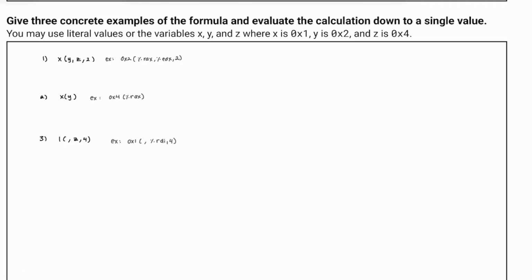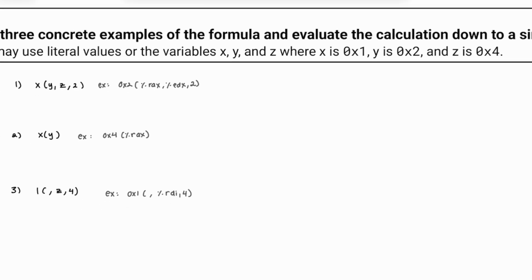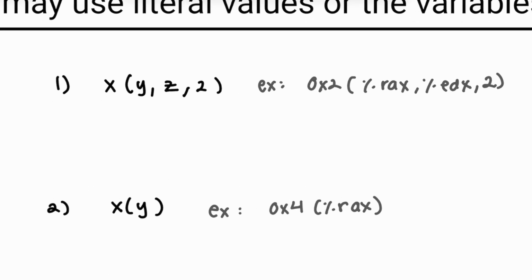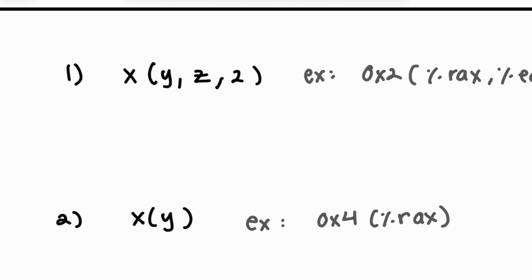So we do have some variables x, y, and z. X is 0x1, y is 0x2, and z is 0x4. Over here we have the standard form x, y, z, and 2. So let's identify D, RB, RI, and S. We know that D is on the outside of the parentheses, RB is Y, RI is Z, and S is